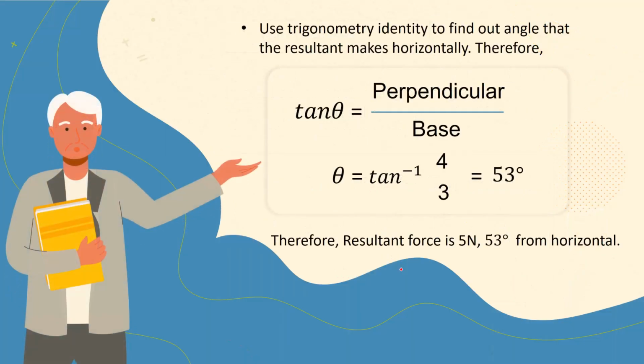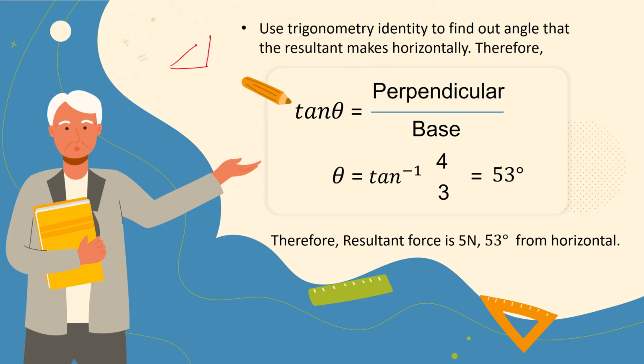Next, we also want to calculate the direction, in which direction the force is acting, that means the angle. So when I again make a right angle, this angle is 90 degrees, but here is some angle theta. When you have to find out this angle, you use our trigonometric identity. Here, tan theta.